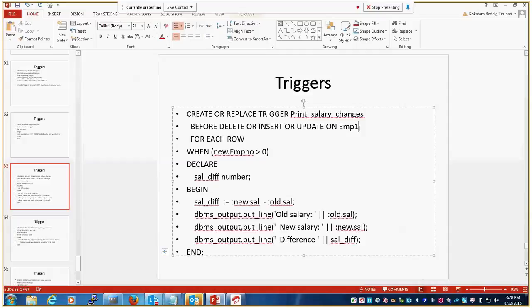When the user tries to perform a delete or insert or update operation, the trigger will raise and it will give the below output, and it will give us some alert. What we mentioned, that alert it will give, when the user tries to perform any insert or delete or update statements. Earlier we took only insert. Right now we took all DML operations. If the user tries to perform any DML operation on the EMP1 table, the trigger will fire and we will get the below output.